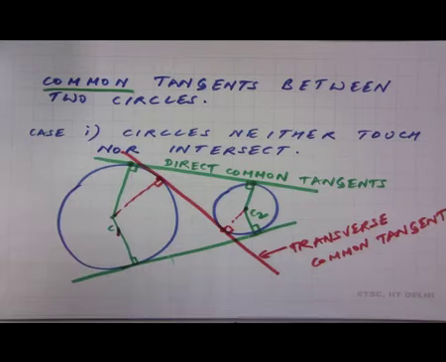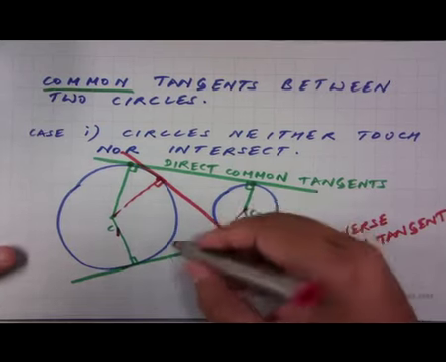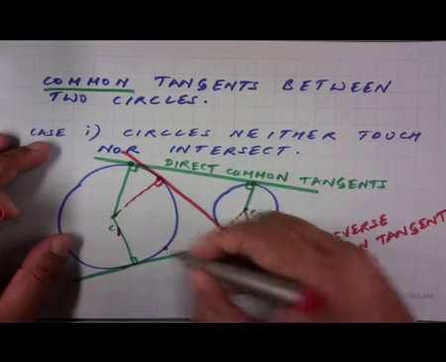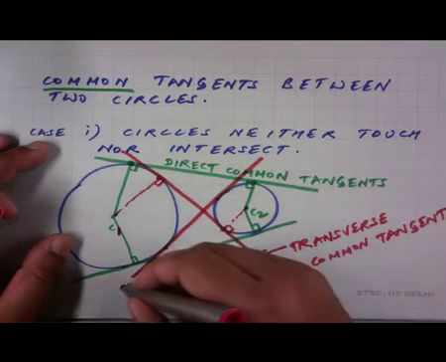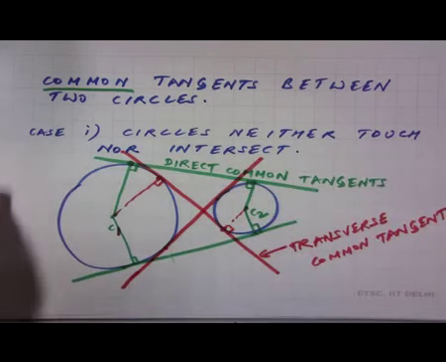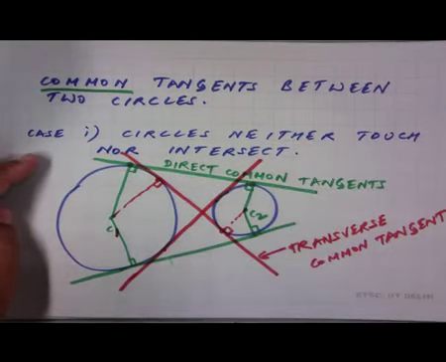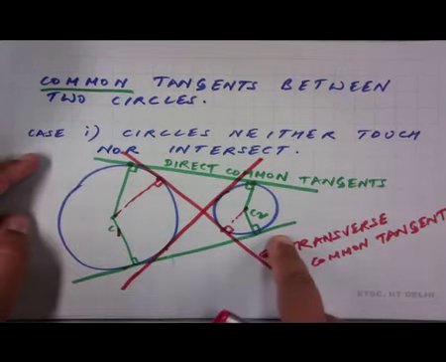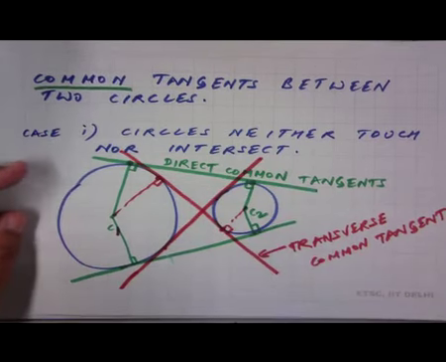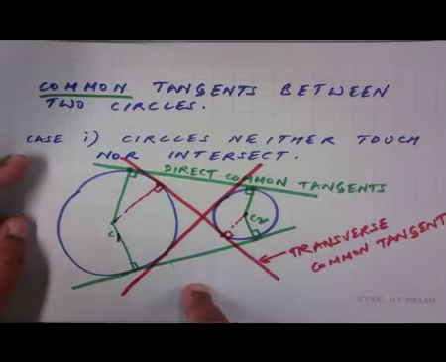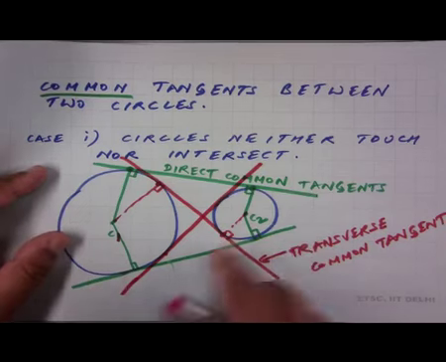Transverse common tangent. So, there will be one more transverse common tangent, which is like this. So, in this first case, there will be totally 4 common tangents, 2 of them direct and the other 2 are transverse. So, in the next part of this lecture, we will see how to derive the equations of these direct